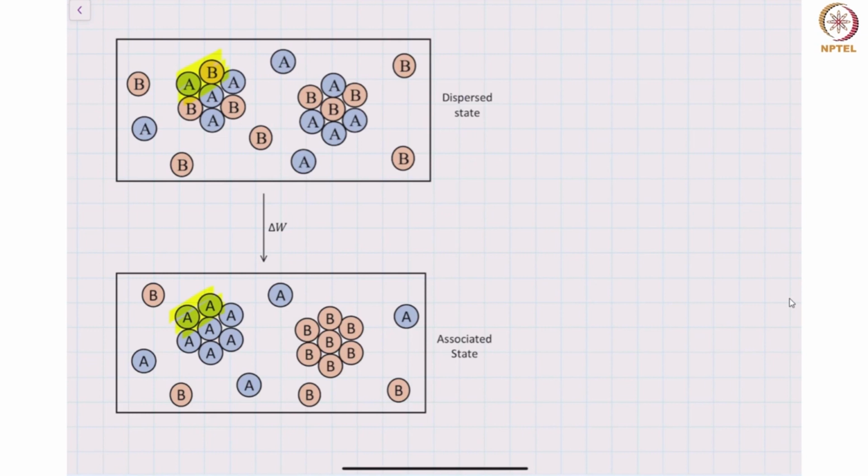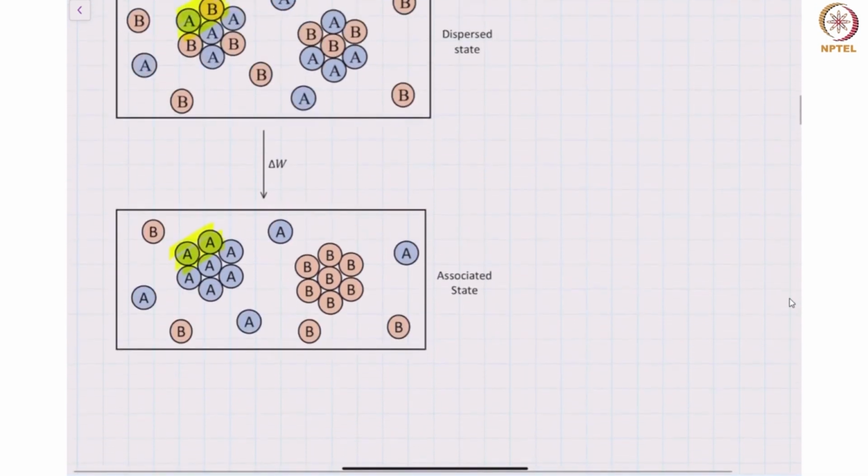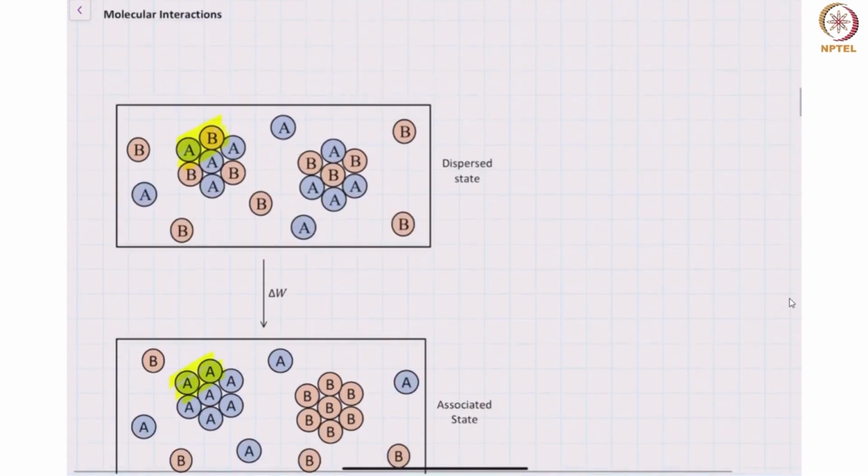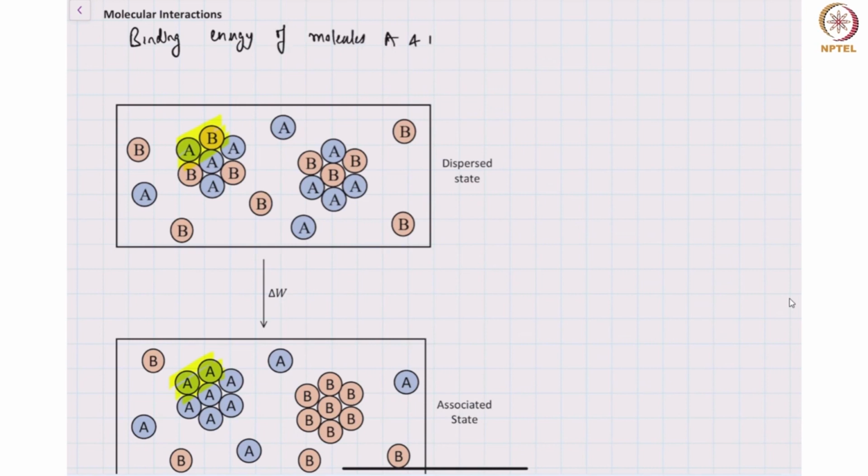in going from one state to another, then if I know how the configuration has changed, I can estimate the change in the energy, or change in the free energy, to be more precise. Okay, so I can write down the binding energy. So the binding energy of molecules A and B in contact can be written as,